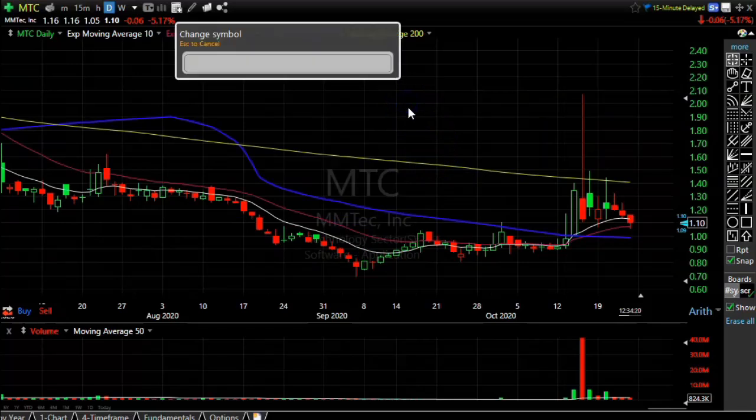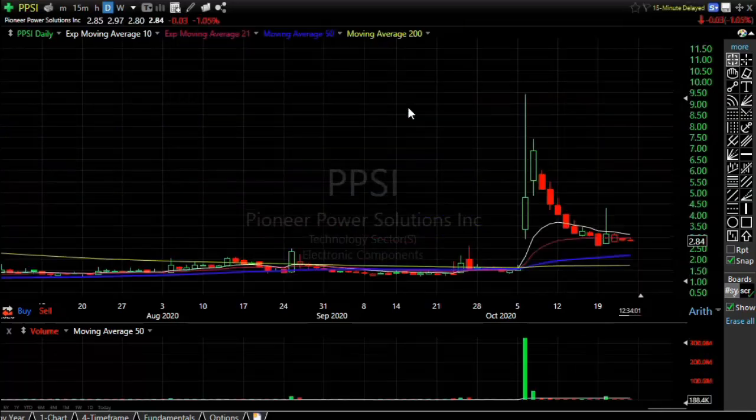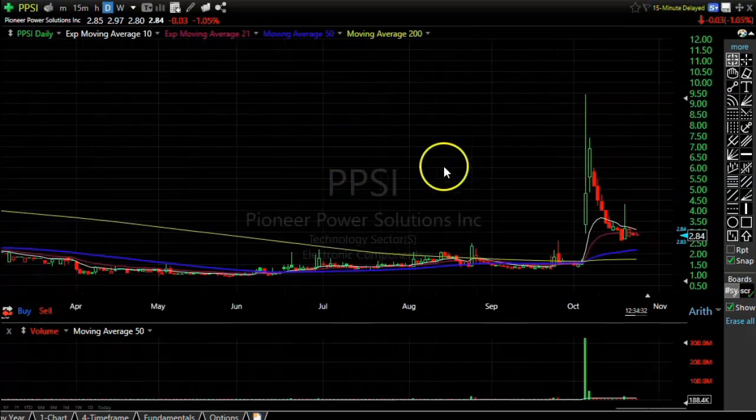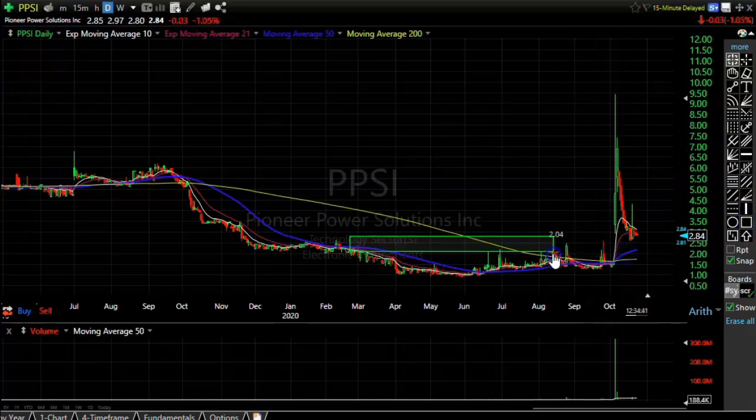Another one I wanted to show you guys was PPSI, because that one is coming down. See, I had this on my watch list a couple days ago, but the move is starting to wane again, but it looks like it could be rolling over again. But there should be support right here at this 50-period simple moving average, because that support area goes all the way back to where it took off from before